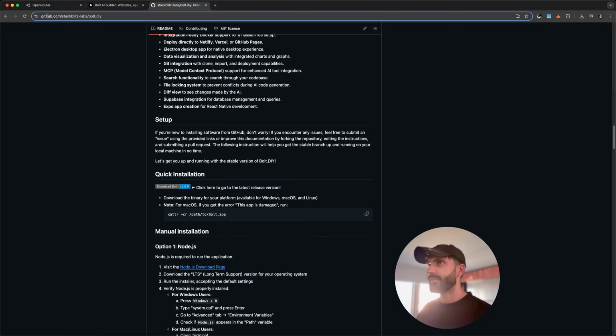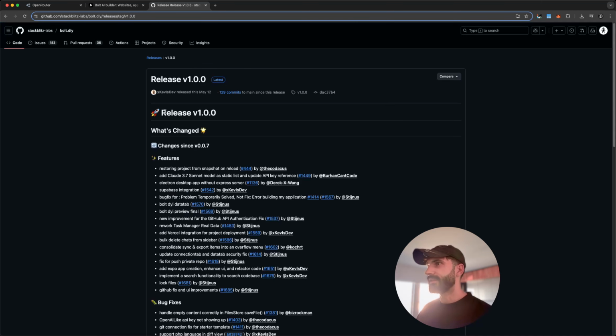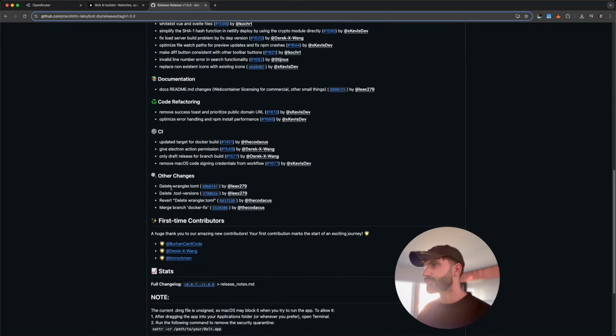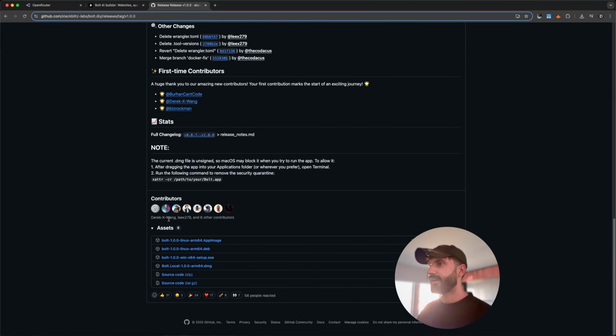So currently, the way that I used in order to install Bolt.DIY was I went to their GitHub repo, github.com/labs/bolt.diy. And instead of cloning the repo manually, I clicked on this quick installation button. And then this goes to the latest release. If you scroll down, you will find in the assets area a couple of installations. In my case, because I'm using Mac, I downloaded the .dmg file here, Bolt local, and you just follow a